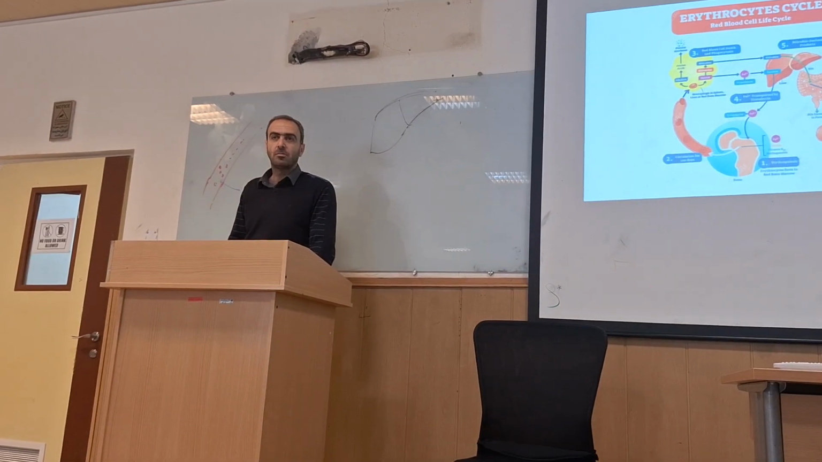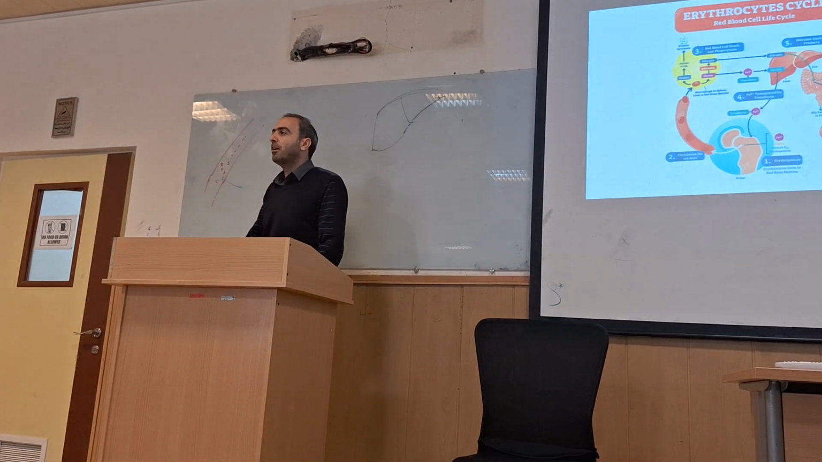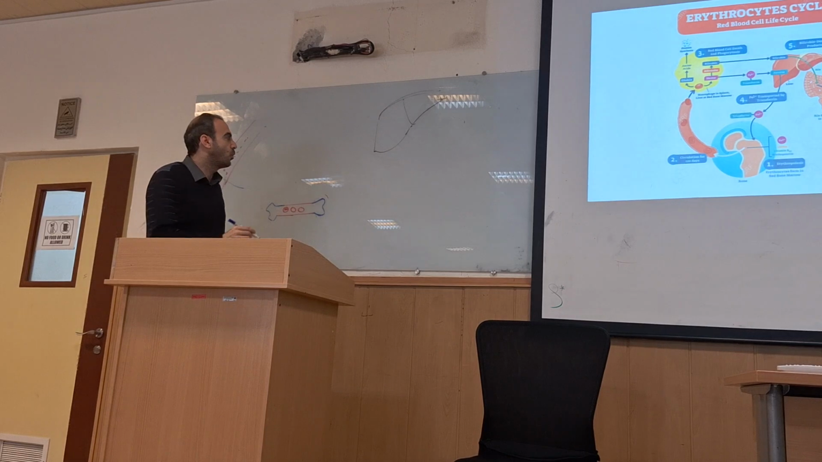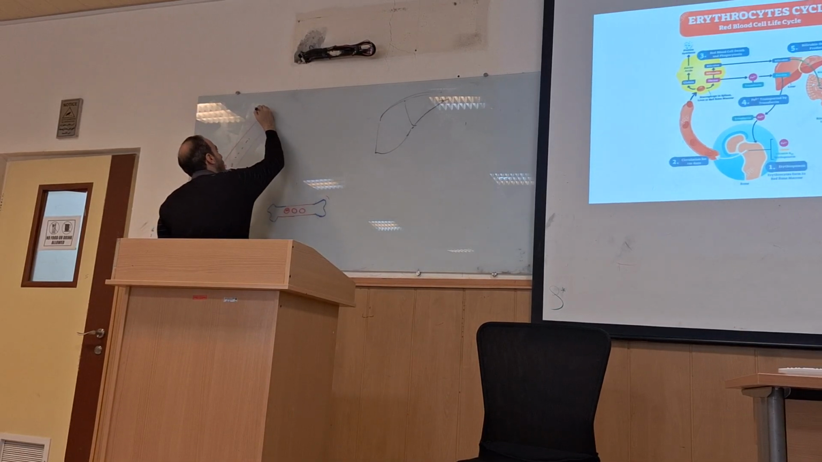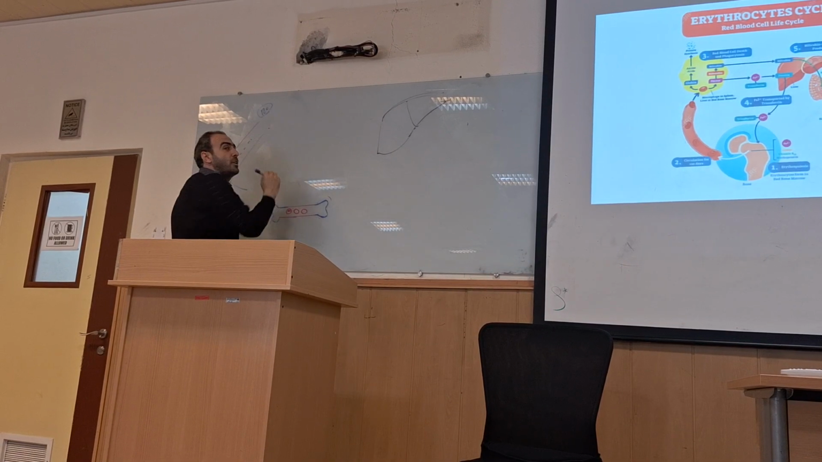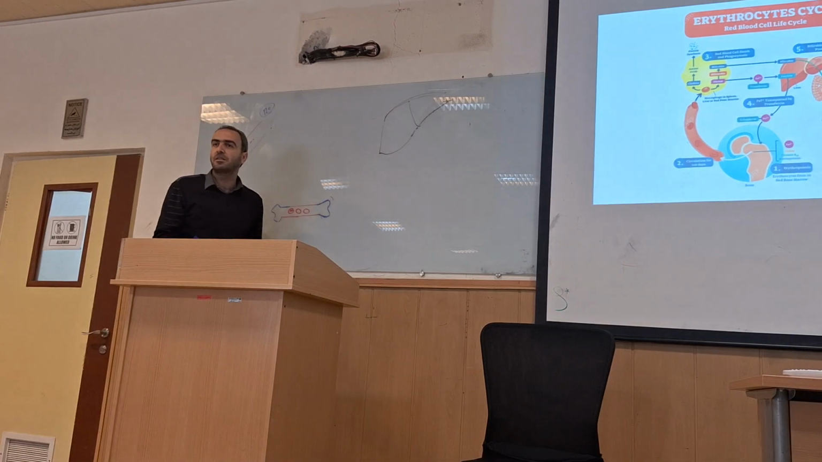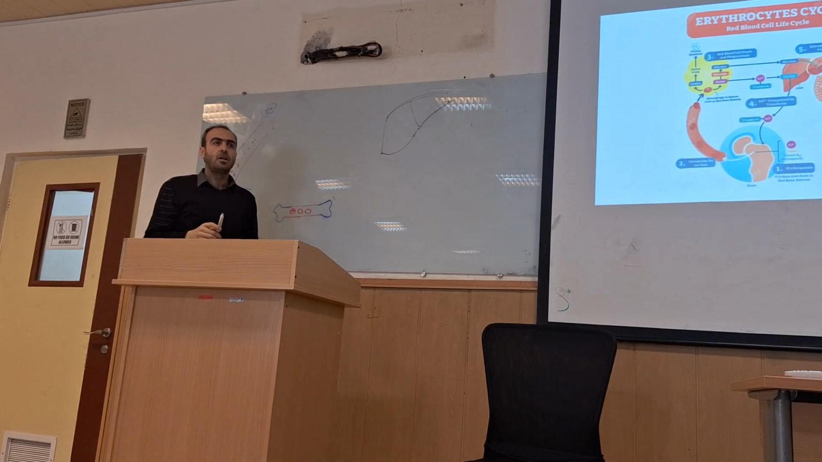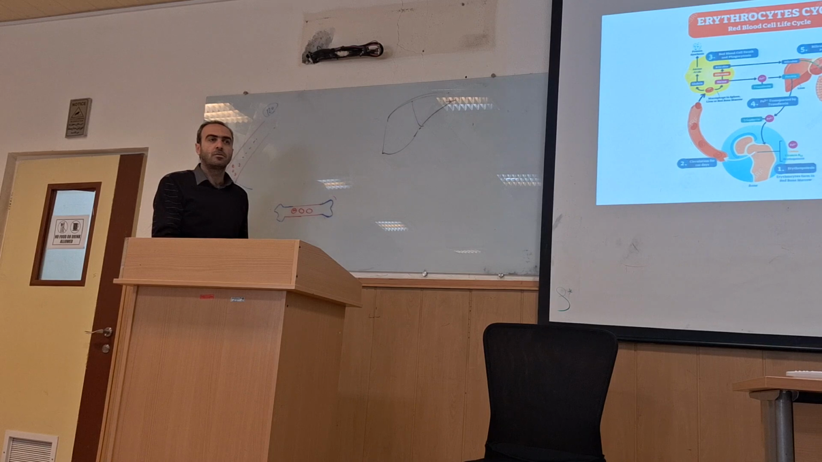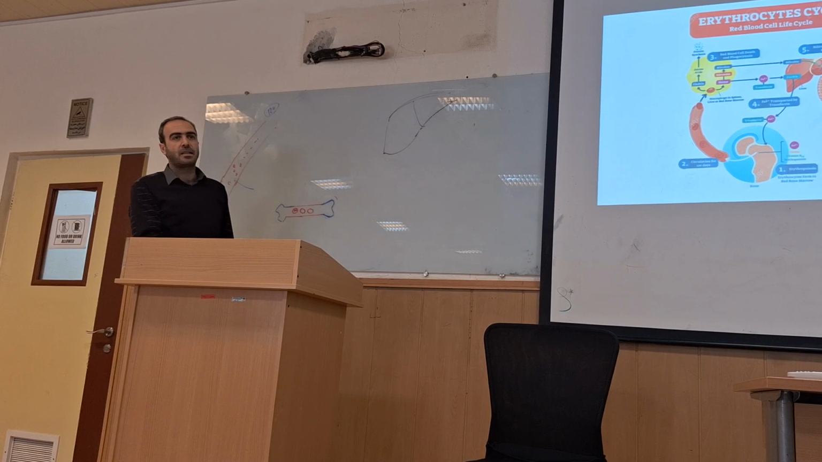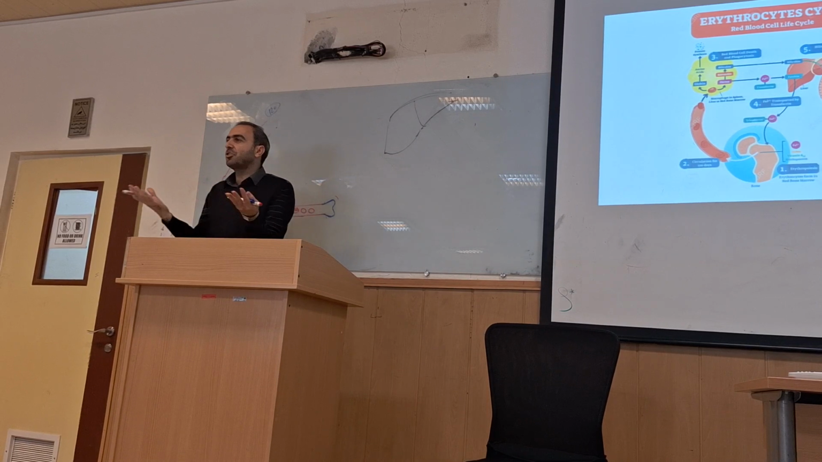Circulation. Blood circulation. Their half-life is 120 days, 4 months. Okay. After 120 days, what's happened for RBC? It's going to the spleen. Exactly. We have a mesh